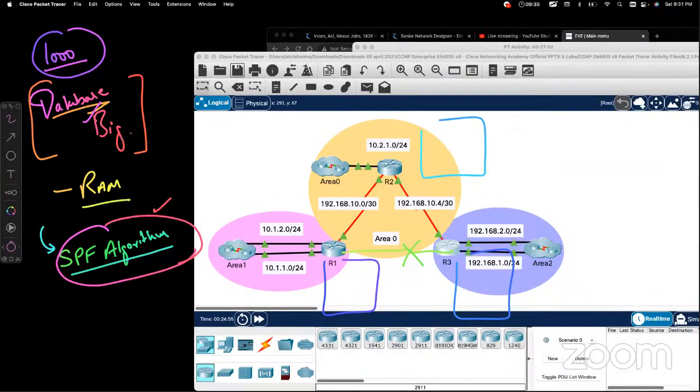Okay, तो क्या होगा अगर 1000 राउटर हमने लगा दिए तो हमारा डेटाबेस टेबल is very big, right? So if we have 1000 routers, the database table is very big and it is going to take a lot of RAM, because all the OSPF